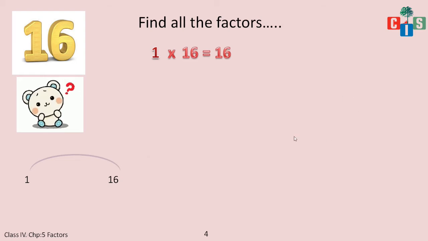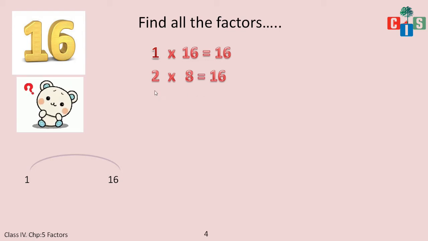Now we will move on to the second number, that is the table of 2. Will we find 16 in the table of 2? Yes, 2 times 8 will give us 16. So I can say 2 is also a factor and 8 is also a factor. See students, I take the multiplicand and the multiplier; both will be factors of the number. I have written it separately, 2 and 8 with an arc.